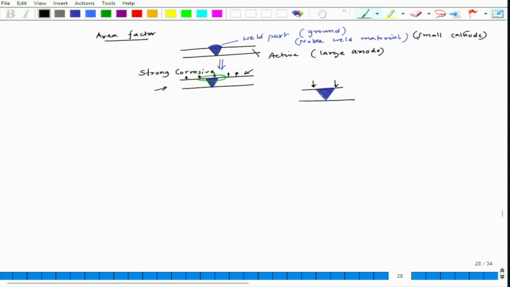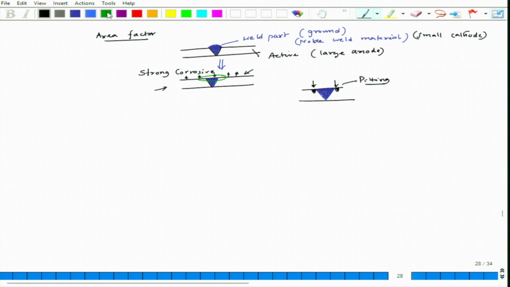So the surrounding around that part where the connection between active and noble components is set up, there will be a serious corrosion aspect. So there could be undercut also. Around that zone, you can have pitting. Pitting corrosion could be a possibility. So in that case, if we foresee that strong corrosive will be experienced on the surface of the welded part,